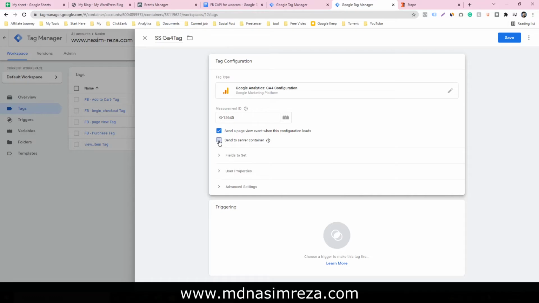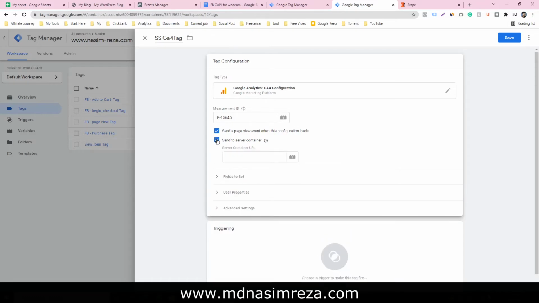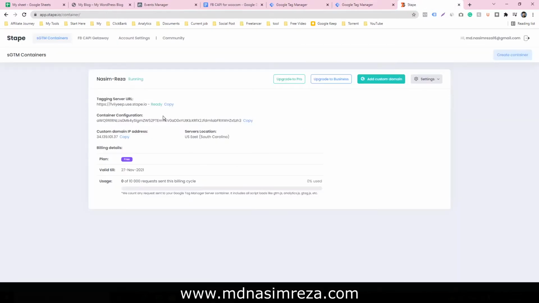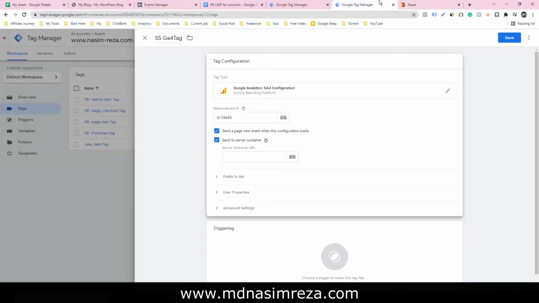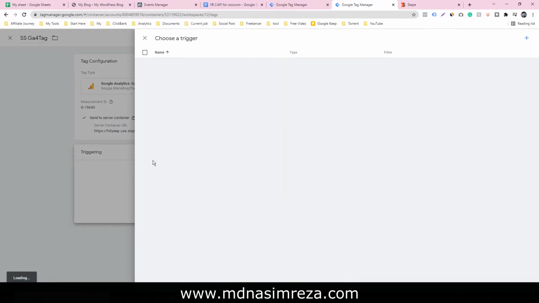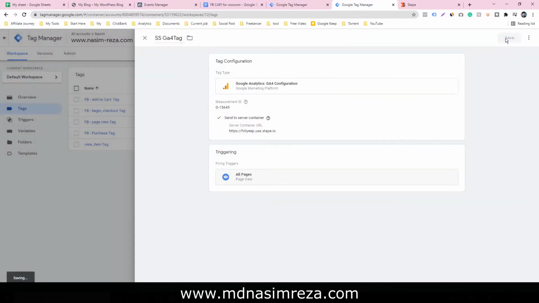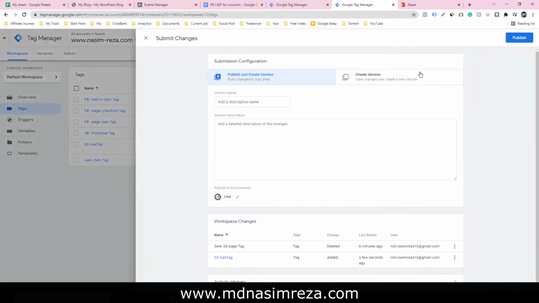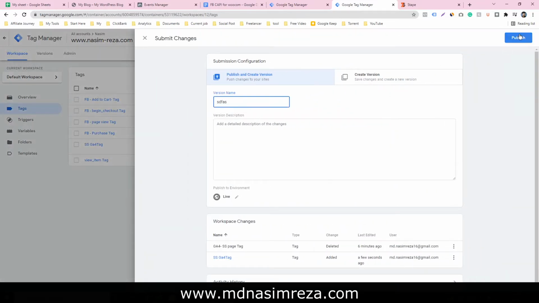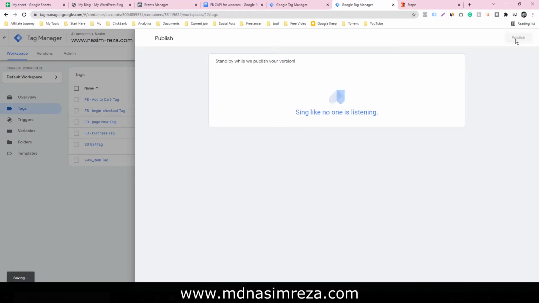Also click this check mark because we want to send it to our server container. So let's go back to your server container account, copy this URL and paste it here, and the trigger will be all pages. Click on save and submit it. Just input any name here and publish.